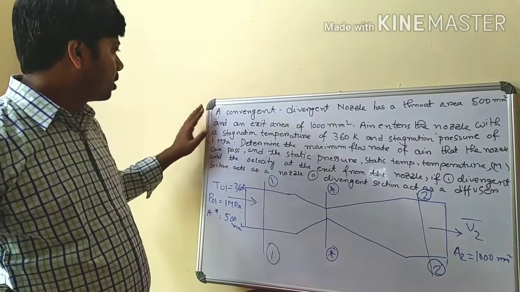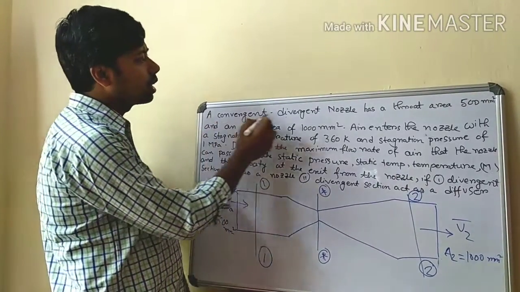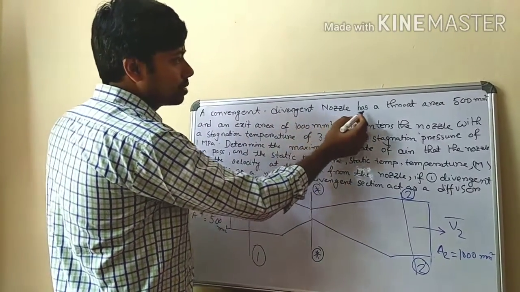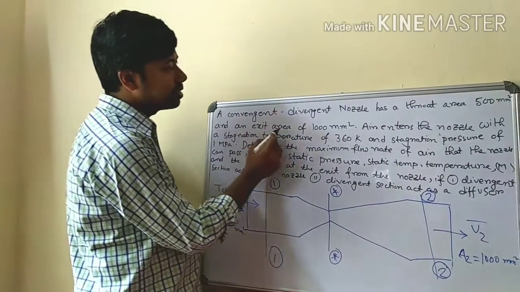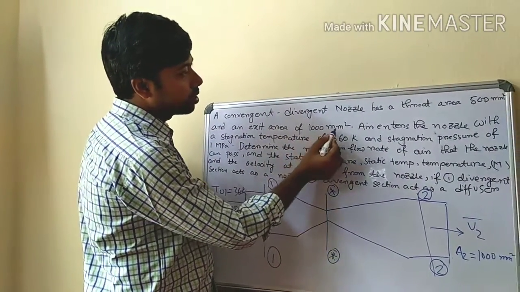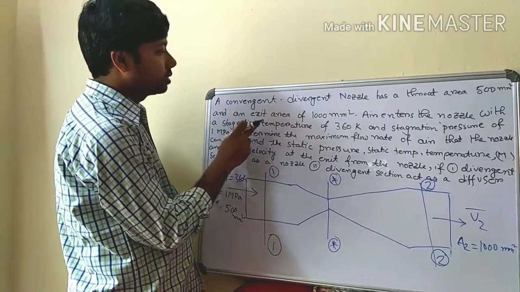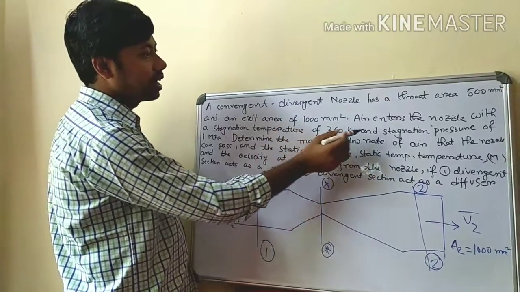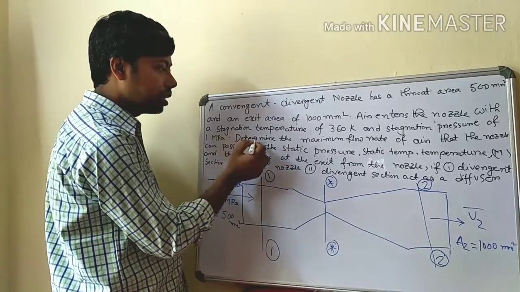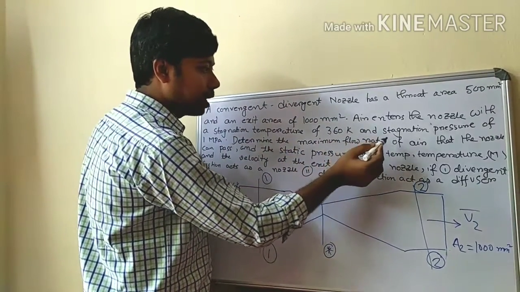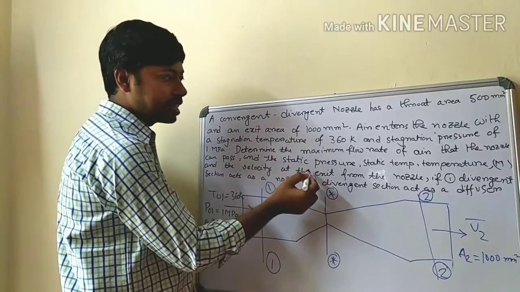Now the numerical is that a convergent divergent nozzle has a throat area of 500 millimeter square and an exit area of 1000 millimeter square. Air enters the nozzle with a stagnation temperature of 360 Kelvin and stagnation pressure of 1 megapascal. Now we have to determine the maximum flow rate of air that the nozzle can pass and the static pressure,